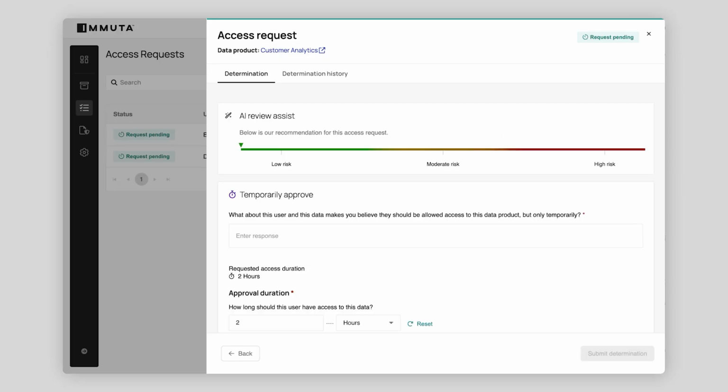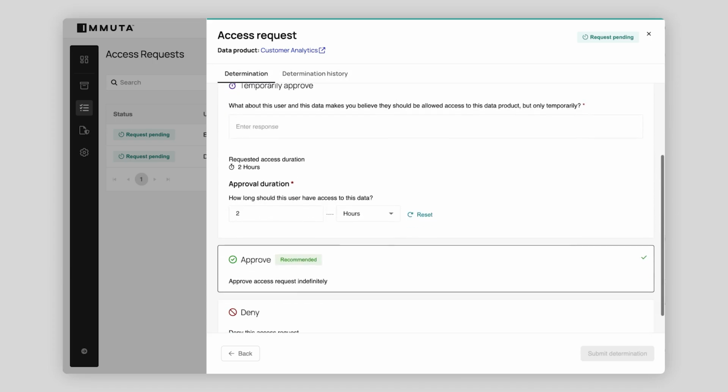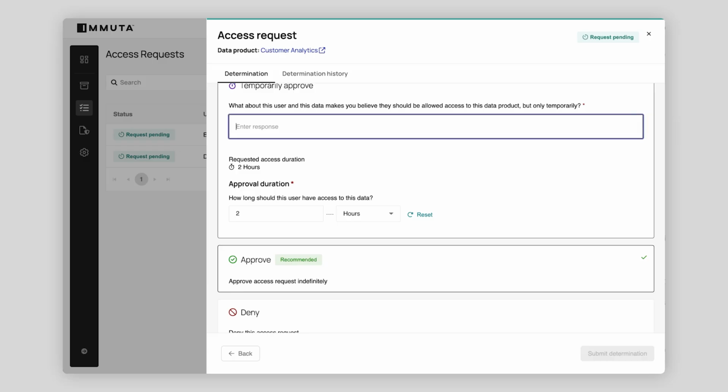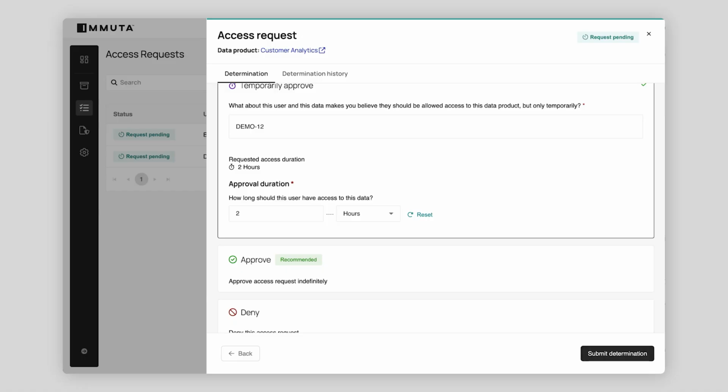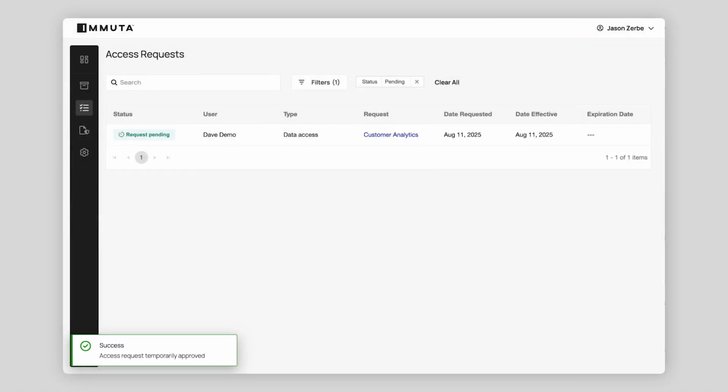If we continue to the determination, Immuta picks up that I've been doing this demo a number of times. There's a pattern to this, and I've been making this approval. So it suggests that I should probably just go ahead and approve this, and automate this at some point through policy, through other means. But I'm going to go ahead and approve this for 2 hours just so we can see the flow here. All right, and once I've submitted that determination,